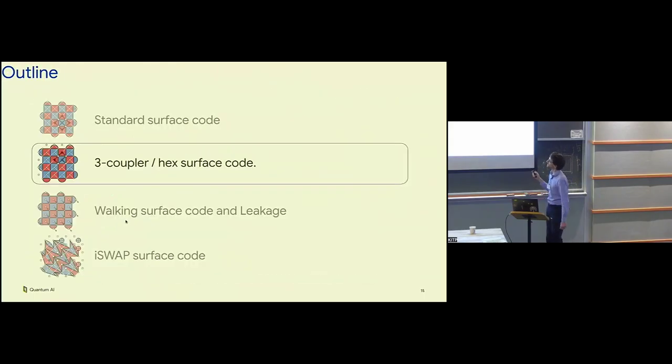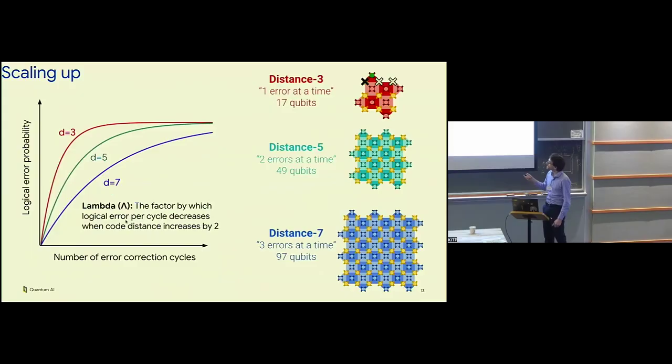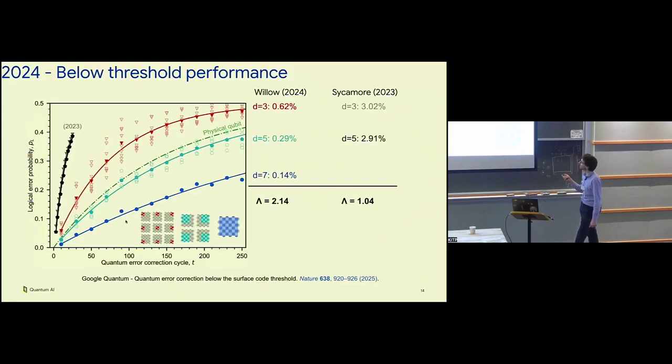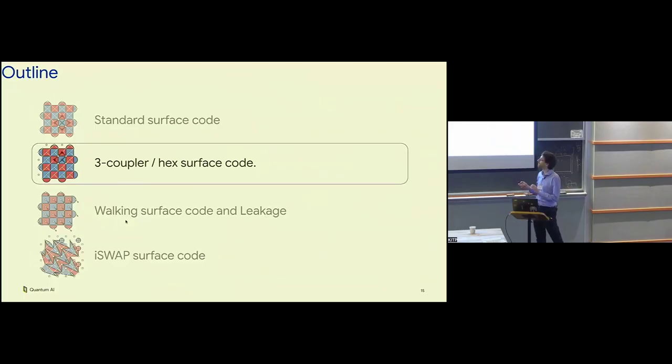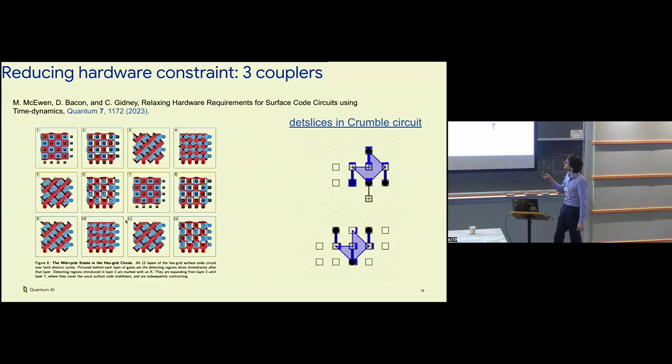So this was the circuit I wanted to show you, and as we discussed, this architecture necessitates a four-neighbor-per-qubit architecture. This is actually a hard constraint when you try to construct a device. One of the ideas raised in a paper by Mike McEwen, Dave Bacon, and Craig Gidney was that you can relax some hardware constraints by implementing a different time schedule for the gates. And here is the first example, which is using a 3-coupler